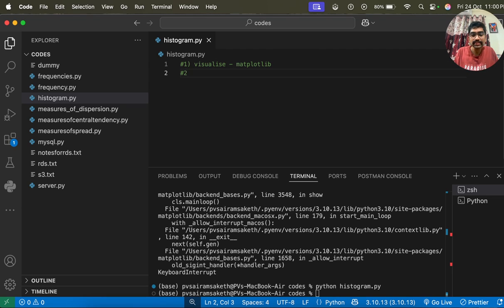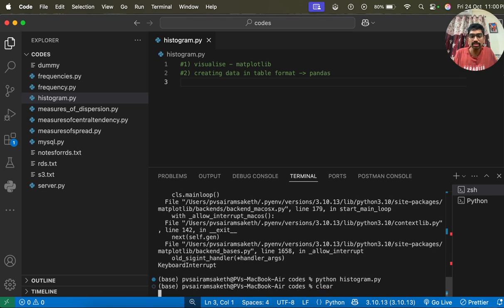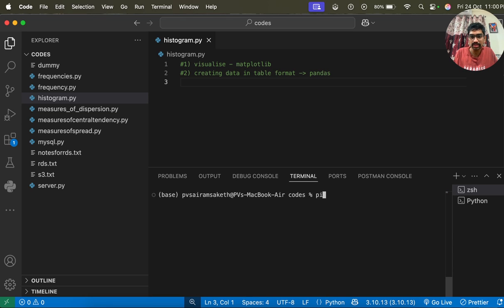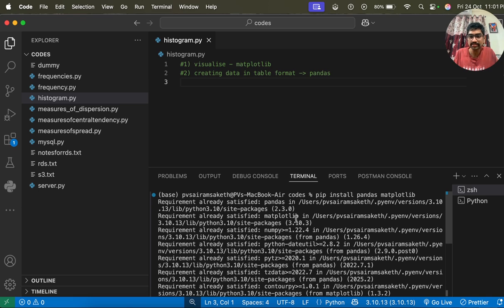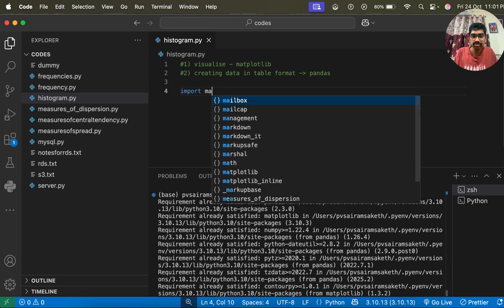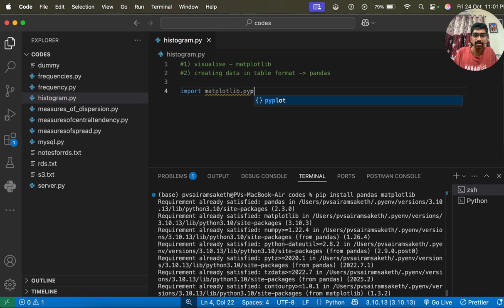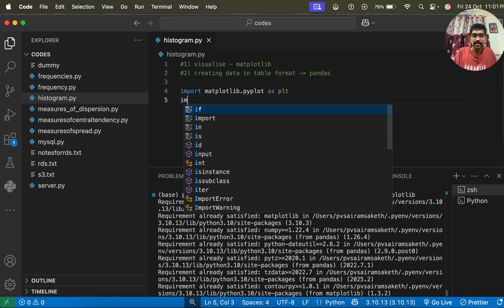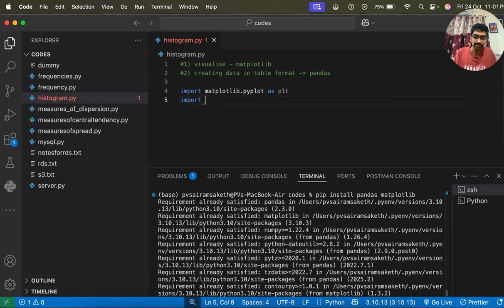And for creating data in table format, you will be using Pandas. So that's why we will use both of these. First I will install both the libraries: pip install pandas matplotlib. You see the requirement is already satisfied, which means it is already installed in my system. Now I have to import Matplotlib: import matplotlib.pyplot as plt, and we will also import pandas